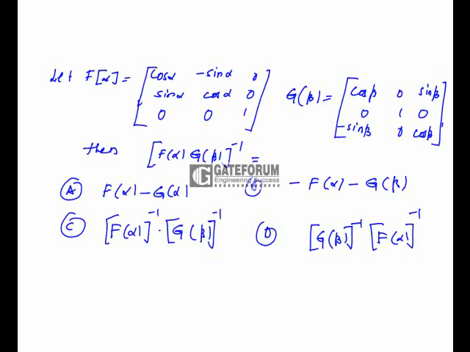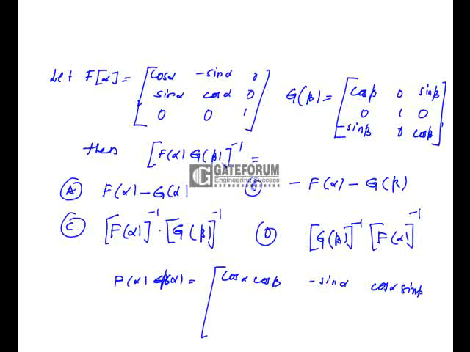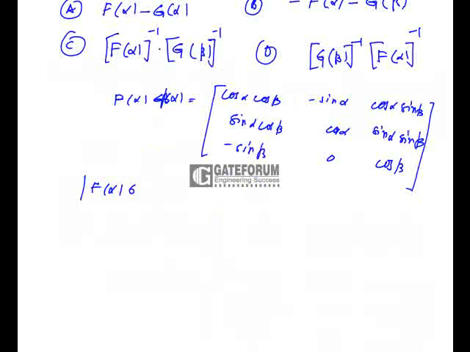Functions are f of alpha and g of beta. Now we have to check f of alpha into g of beta whole inverse is how much. Now f of alpha into g of beta will be nothing but cos alpha, cos beta minus sin alpha, cos alpha sin beta and sin alpha cos beta, then cos alpha, then sin alpha sin beta, minus sin beta 0 cos beta, whereas the determinant of f of alpha into g of beta will be